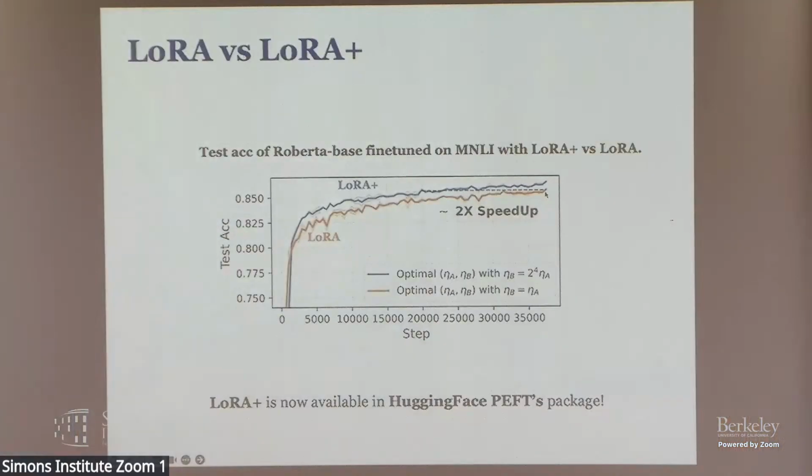You had a plot where you said that you had like a 2x speed up. Could you explain that a little bit? I didn't quite understand. Yeah, 2x speed up. So basically here what we mean by speed is the number of steps you need to reach the same accuracy, the best accuracy that you reach with LoRA, when you use LoRA+. So you need half the steps to reach the same accuracy. I see. So basically, you can think about LoRA+ as either you fix the number of steps and improve accuracy, or you reach the same accuracy with fewer steps. Very cool.